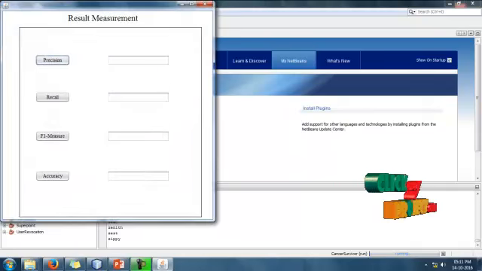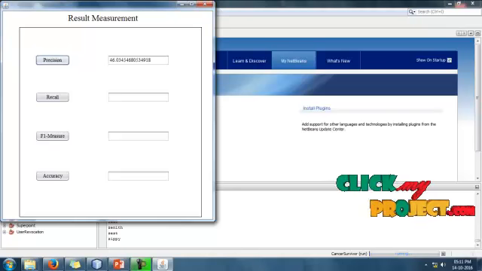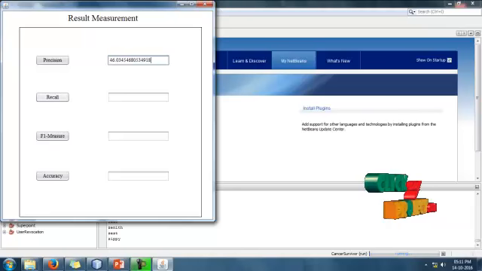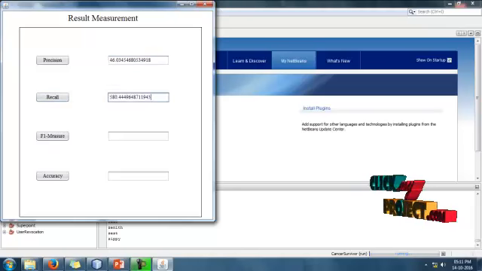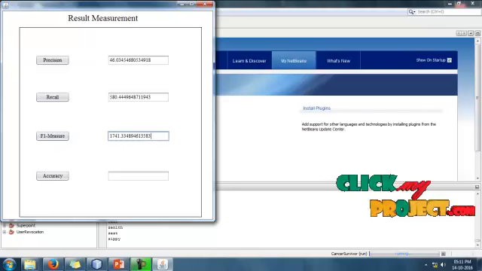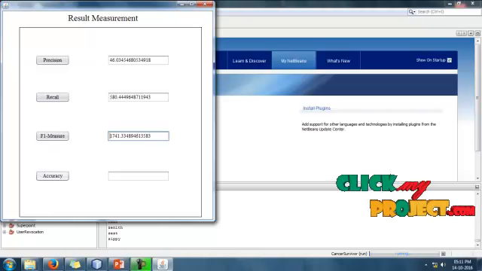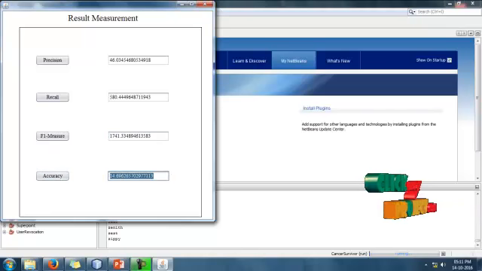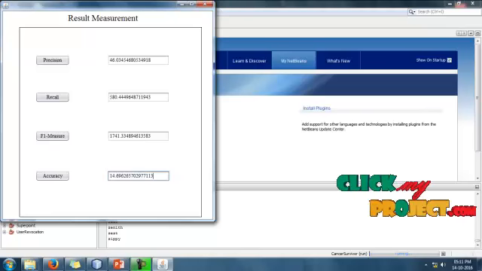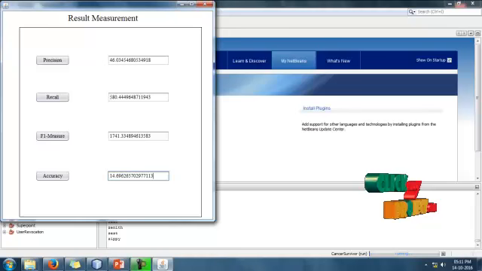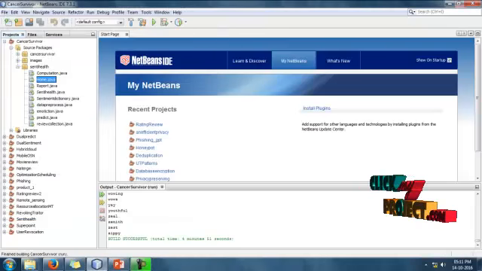Then click the next button. We have to find out the result measurements, starting with the precision value. Here is the precision value of the sentimental analysis, and the recall values and F1 measures. Both precision and recall values are combined in the F1 measure. Then finally we find out the accuracy. The accuracy is 14 point something. You have to find out the measurements of the results. Then close the program. Thanks for listening to this video.